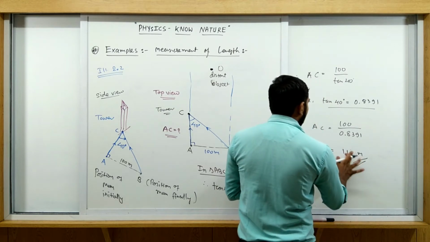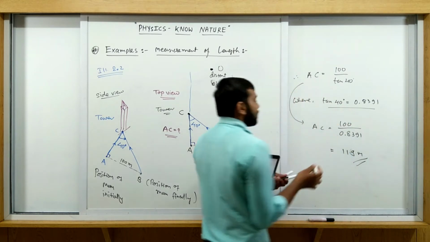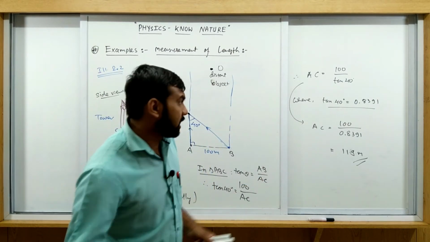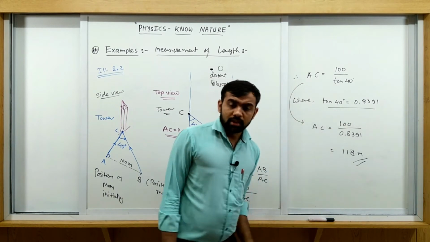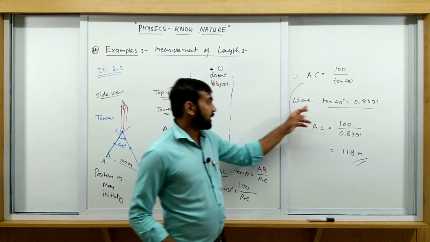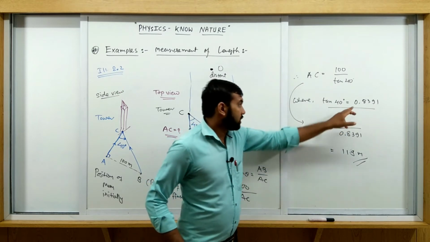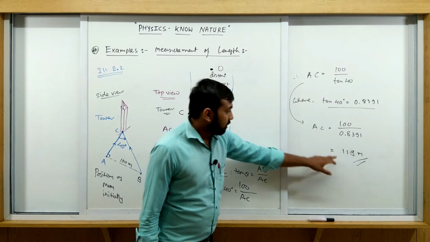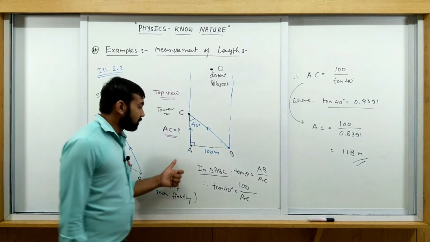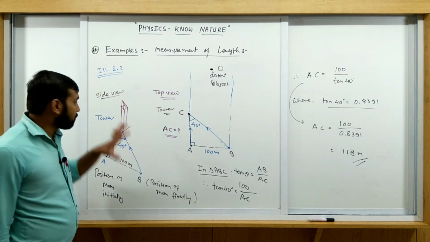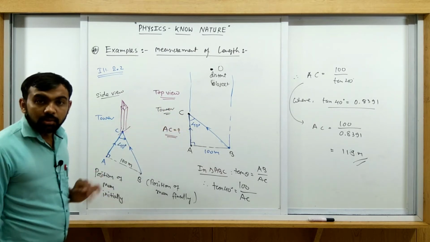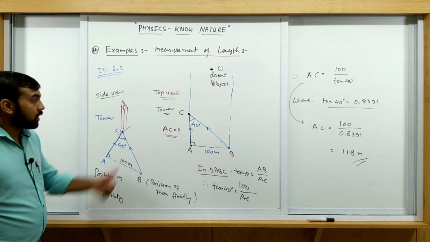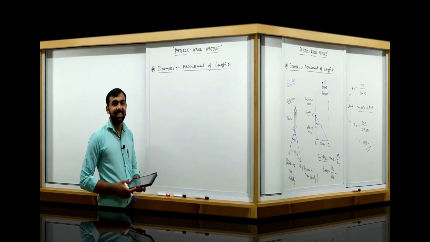Now you may wonder how we got this answer. We are using the tangent table to get this value. Somewhere you find the tangent table, and from it you find tan 40, so you get 0.8391. You put it here and finally you get this answer. All of you must note this example in your books with the proper figure. This figure is helpful to you to understand this problem. All of you must note it.